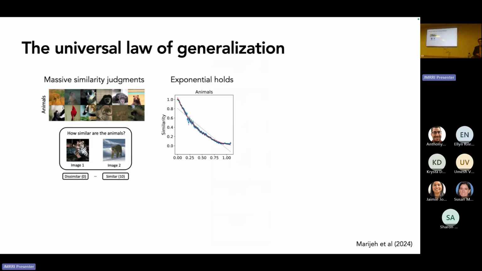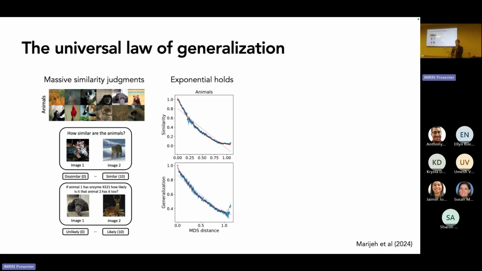And just recently, in 2024, his proposal was validated in a massive online study where they had people rate the similarity between, let's say, a tiger and a bobcat. You're rating on a scale of 1 to 7 how similar you think those are. If you think they're similar, then you would generalize your knowledge of tigers to bobcats. If they were dissimilar, then you wouldn't. Maybe a tiger versus a house cat. They went even further and asked things that were more like conceptual generalization, as they made up this enzyme: if animal 1 has this fake enzyme, how likely is it that animal 2 has it?